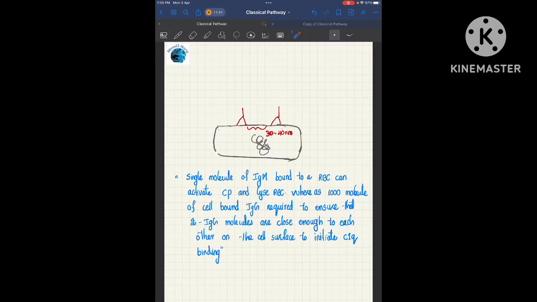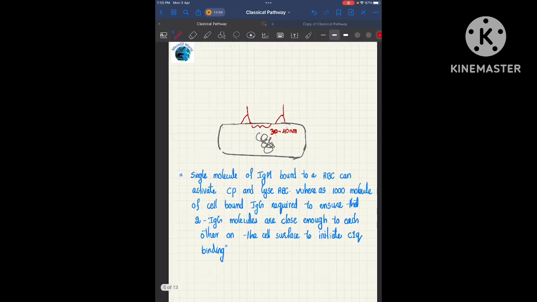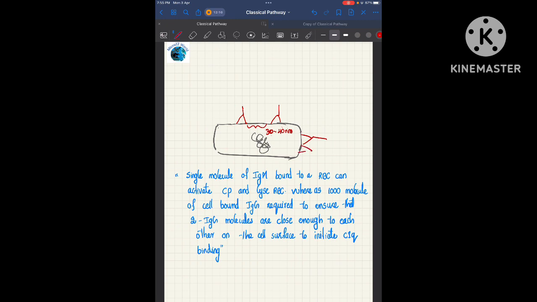So consider this as a bacterial cell, and this is the IgG antibody. The condition with the IgG antibody is different. Not only two IgG antibodies, actually many IgG antibodies can be bound to a single antigen. Whenever an IgG antibody recognizes and binds to a foreign antigen, it does not always lead to the activation of complement, or a minimum of nearly 1000 molecules of IgG